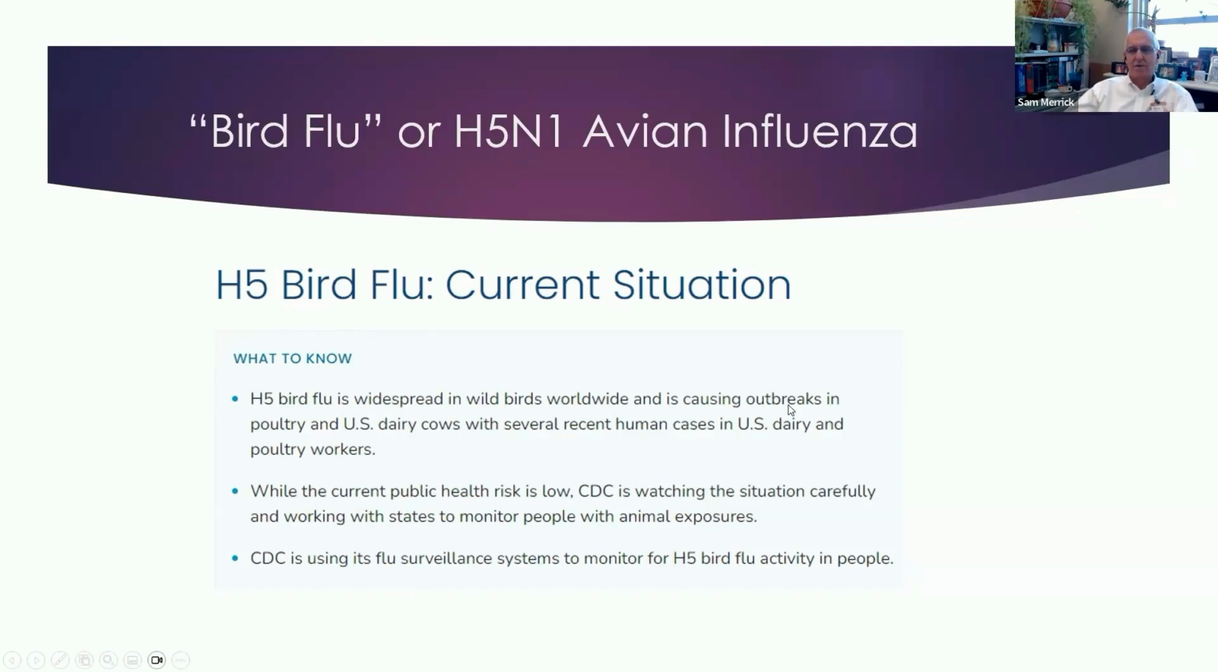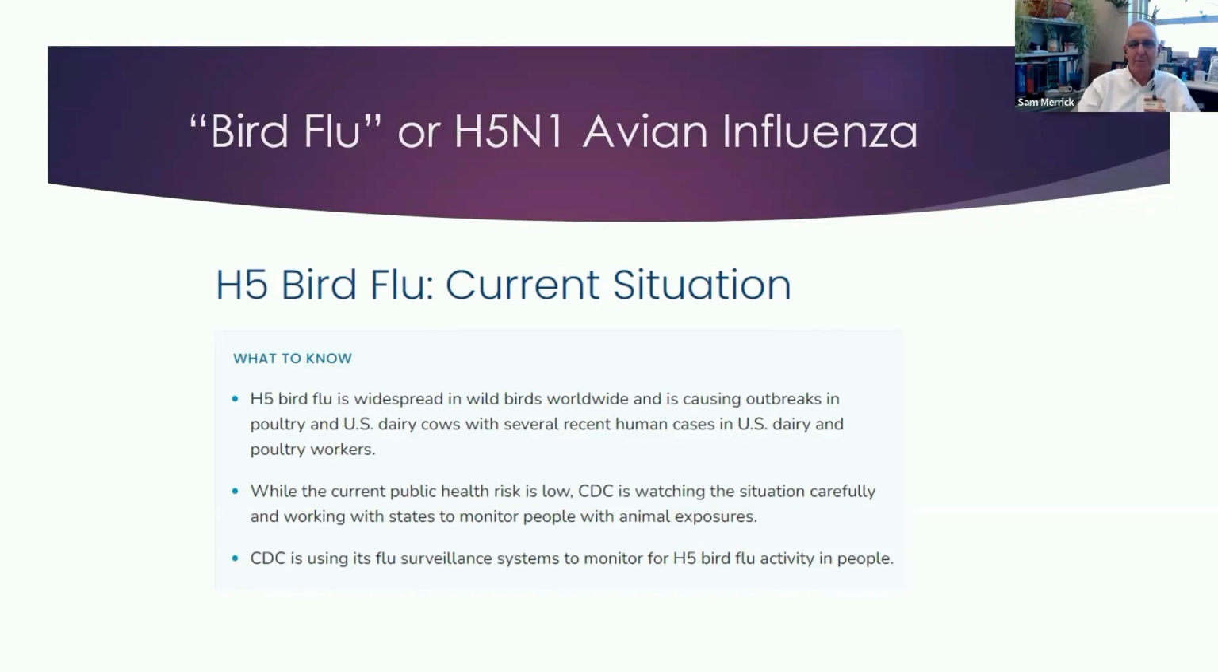And of course, I'm sure everyone's heard about the outbreaks in poultry here in the US as well as dairy cows. There have been human cases in dairy and poultry workers. Right now, the CDC feels like the risk to the public is low. There have not been any documented human to human transmissions, and that's super important. They're using flu surveillance to monitor for H5. It's influenza type A. And so when people test positive for influenza type A, they can submit it. It's not routine testing that we can do in the hospital, but some samples can be submitted to the CDC